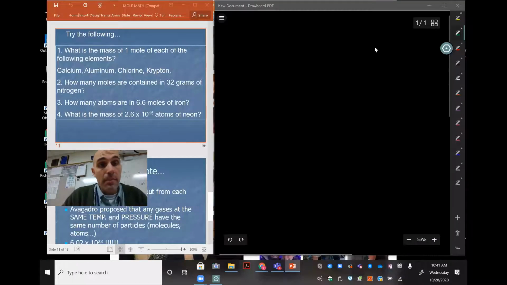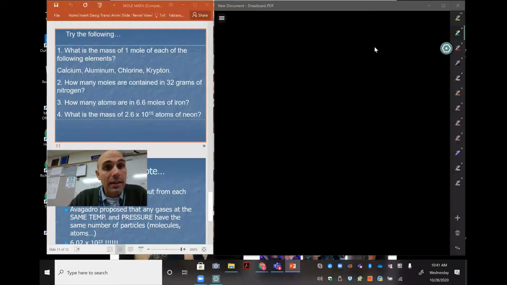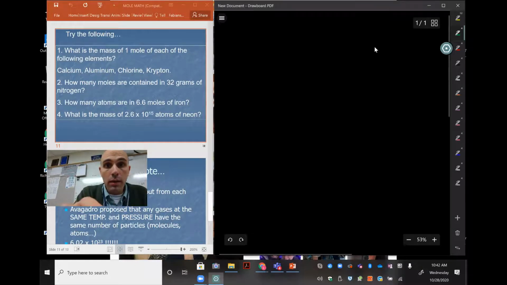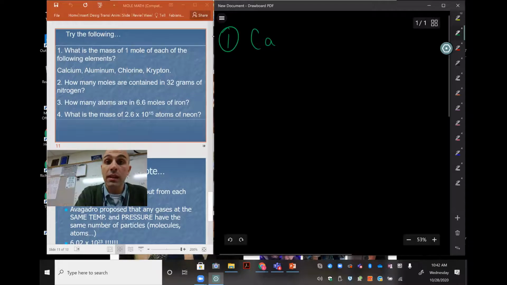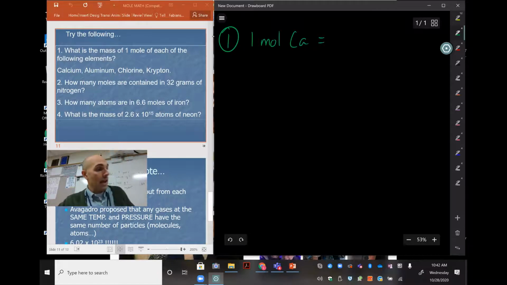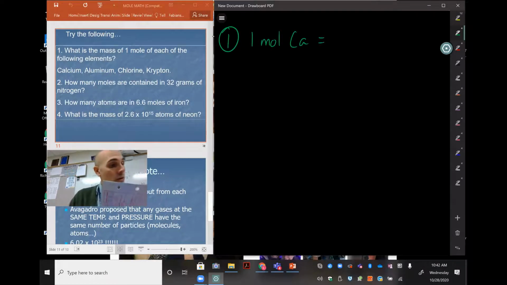All right, everybody, welcome back. So let's take a look at these questions. So for number 1, what is the mass of 1 mole of each of the following elements? Remember, you're finding the mass of 1 mole. You're looking at the periodic table. So calcium, 1 mole of calcium. Actually, let's write that out. 1 mole of Ca. Looking at our periodic table, we see that 1 mole of Ca is